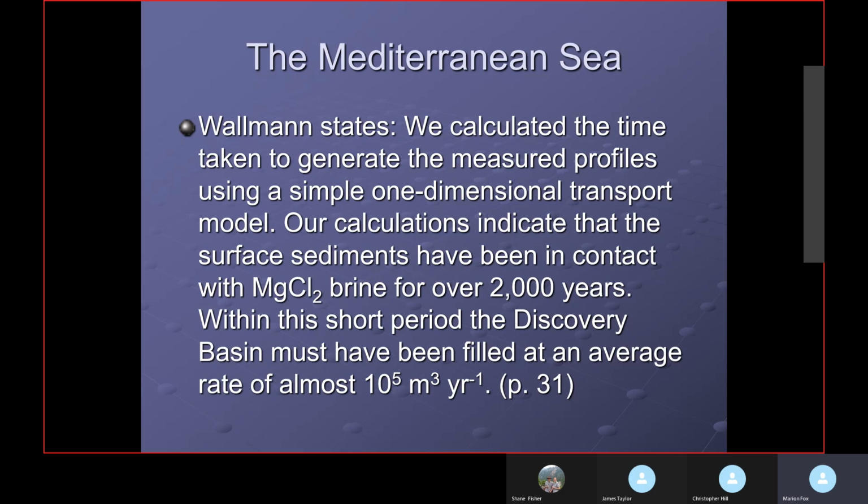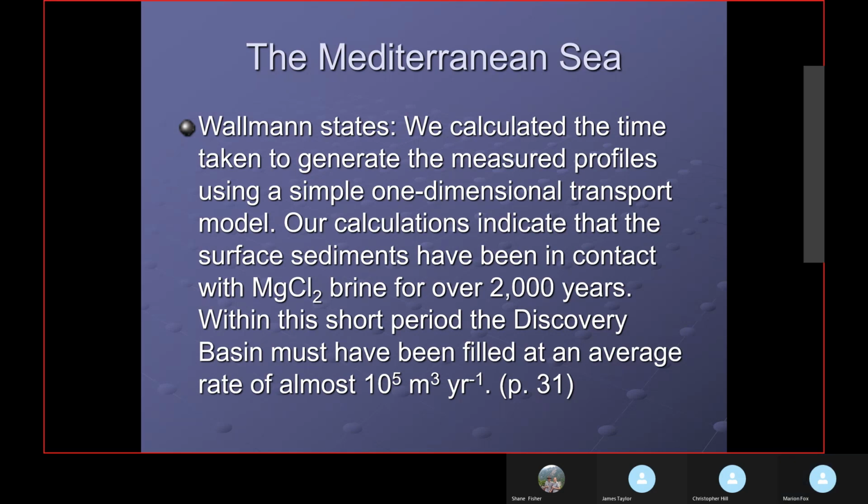"Within this short period, the Discovery Basin must have been filled at an average rate of 10 to the 5th cubic meters per year." That's 100,000 cubic meters. A cubic meter would be 1 meter by 1 meter by 1 meter, so it's a cube, and a meter is 39.37 inches, a little bit bigger than a yard. This is probably nearly 10 times that many cubic yards, 100,000 cubic meters per year. That's quite a lot